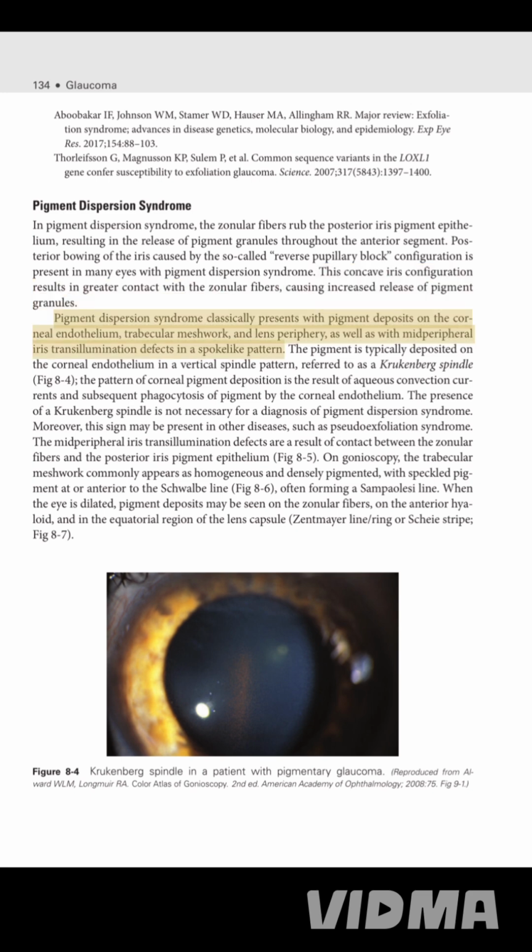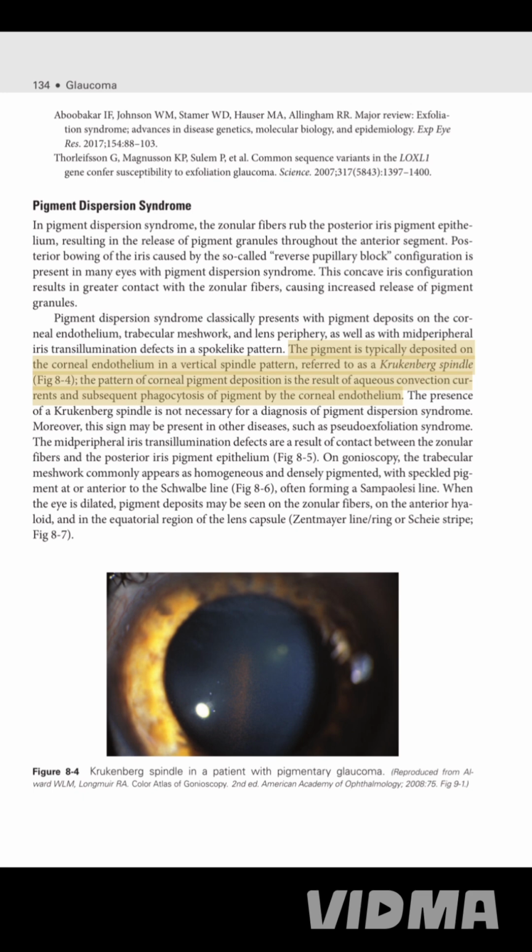Pigment dispersion syndrome classically presents with pigment deposits on the corneal endothelium, trabecular meshwork, and lens periphery, as well as with mid-peripheral iris transillumination defects in a spoke-like pattern. The pigment is typically deposited on the corneal endothelium in a vertical spindle pattern, referred to as a Krukenberg spindle, Fig 8-4. The pattern of corneal pigment deposition is the result of aqueous convection currents and subsequent phagocytosis of pigment